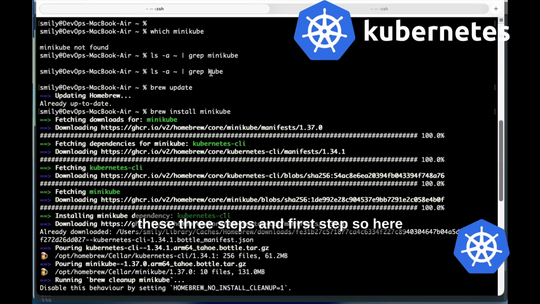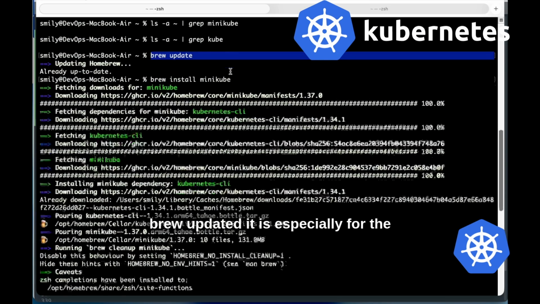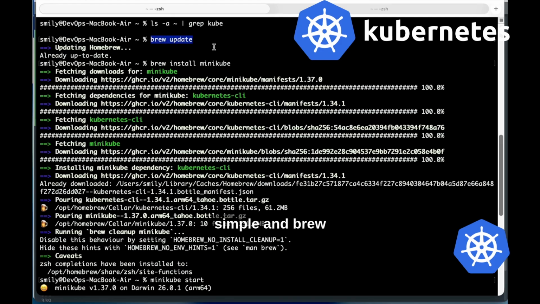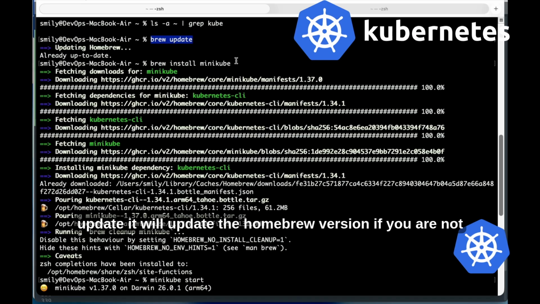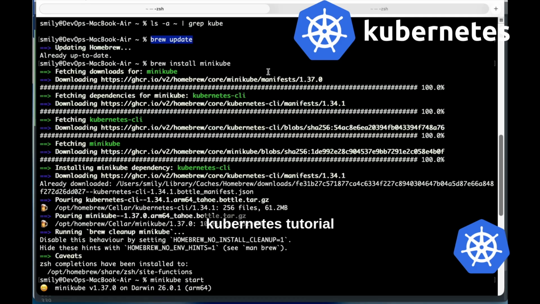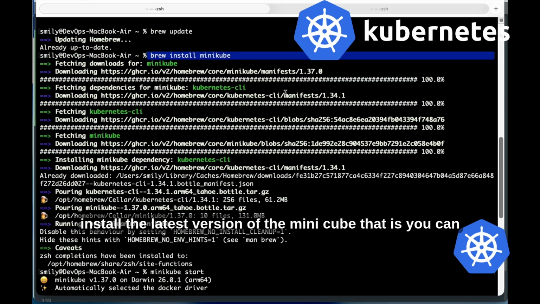And the first step, here you will see brew update. It is especially for the Mac. If you have something other than Mac, you can comment below, and I'll explain that also. Brew update is simple: it will update the Homebrew version. If you have not installed it, you can check out my previous video in my Kubernetes tutorial playlist, and you will get it there. So brew install Minikube will install the latest version of Minikube,